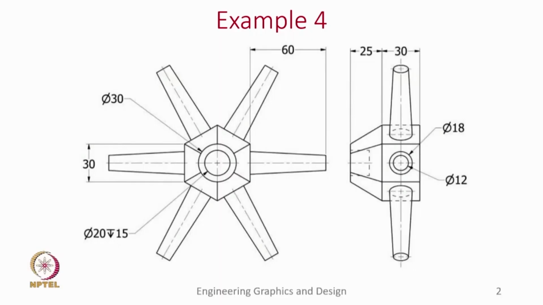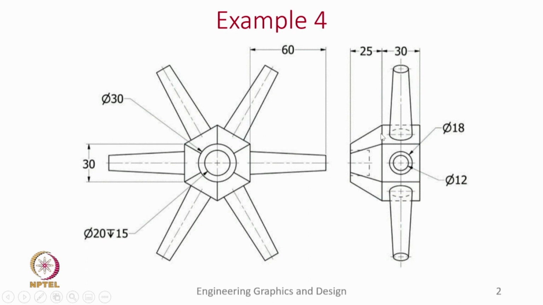So, here is an example where we see 2 views of it, where we will be able to use the commands we have just learned, like the loft and the pattern. But let us first try to understand this solid, so that it will be easy for us to develop it in the software. First we see that it has 2 layers. The bottom layer is in the cross section of a hexagon, which we can extrude for a distance of 30, and then from the top face of the hexagon we need to use a loft command,